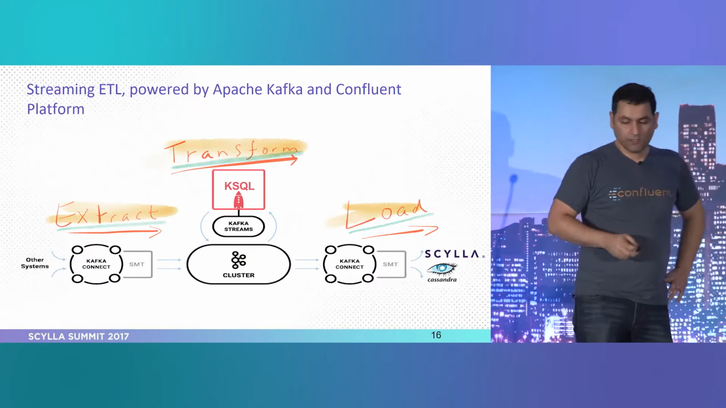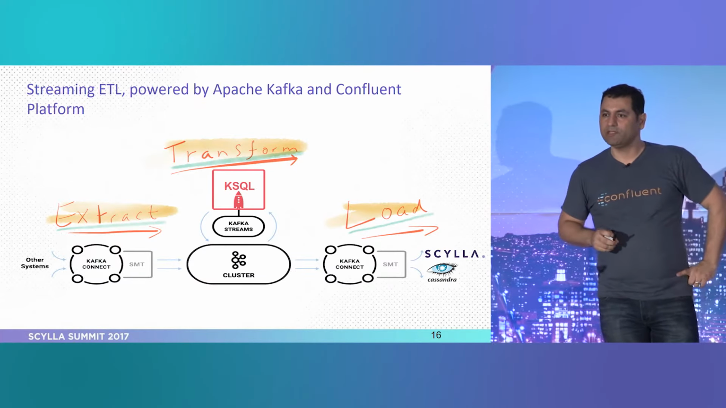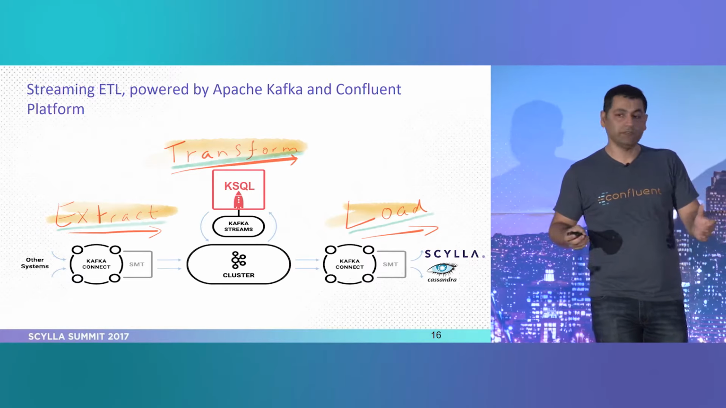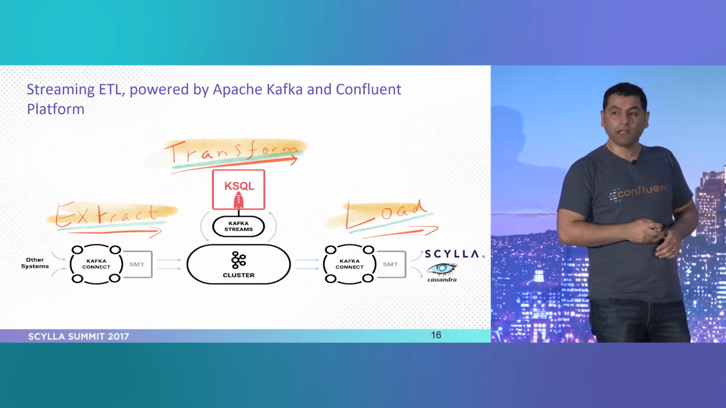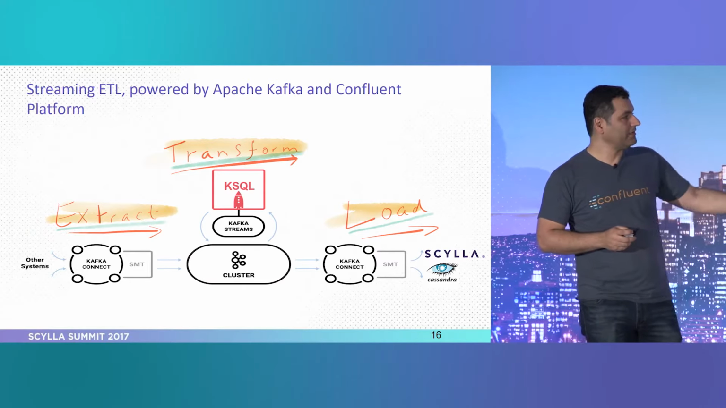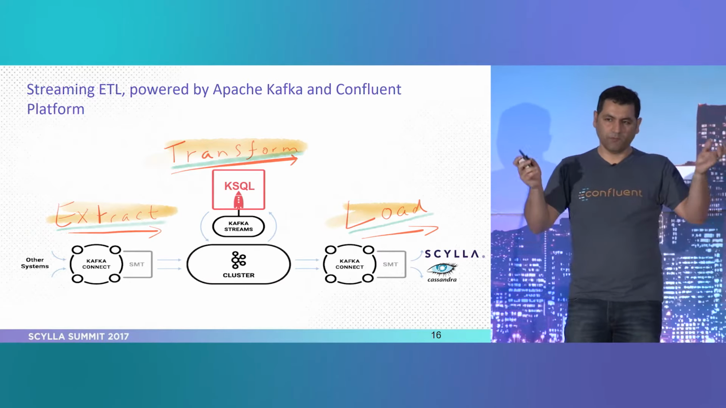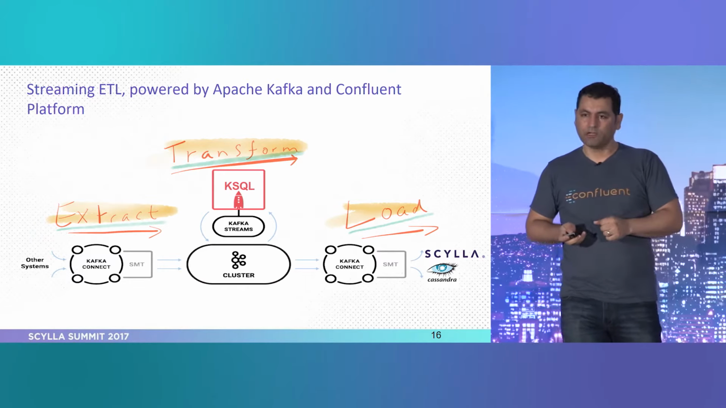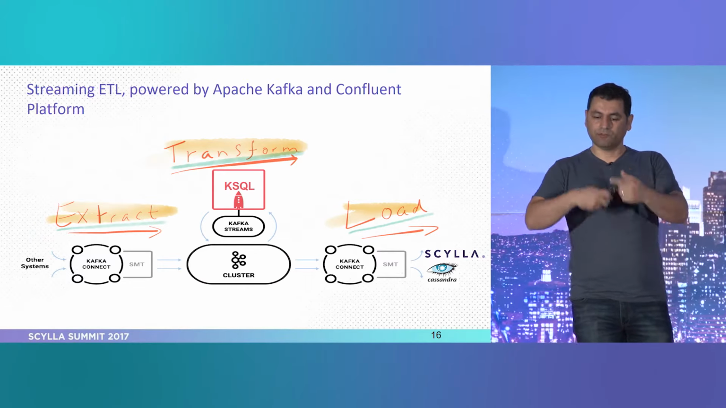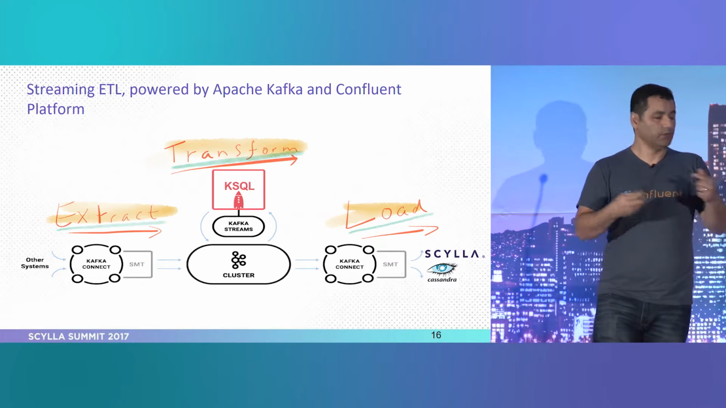All right. So now that I gave you a quick overview of what KSQL is and what it provides, let's look at an example. In this example, we assume that we have web log data coming from an outside system. Using Connect, we load it into Kafka. Inside Kafka, we do some transformations, and then we load it into